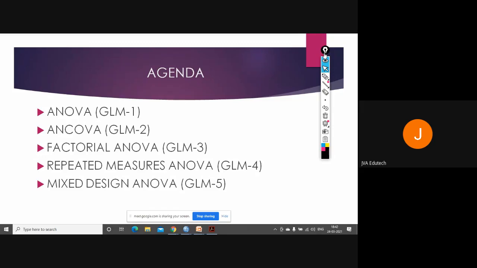But what if three or more situations are there, then comes the role of analysis of variance. When you have three or more situations or groups of the same independent variable, or in some cases you might have two independent variables also.